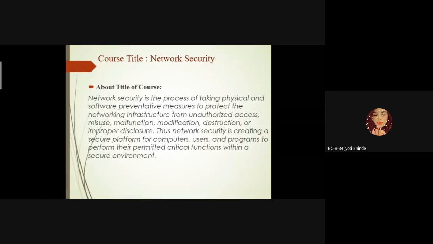So by using network security, we can secure our devices from various suspects. If anyone hacks our device, in order to protect our data, we can provide various types of keys. That particular key can be designed by using network security. So the basic idea of this particular subject is to secure our devices.